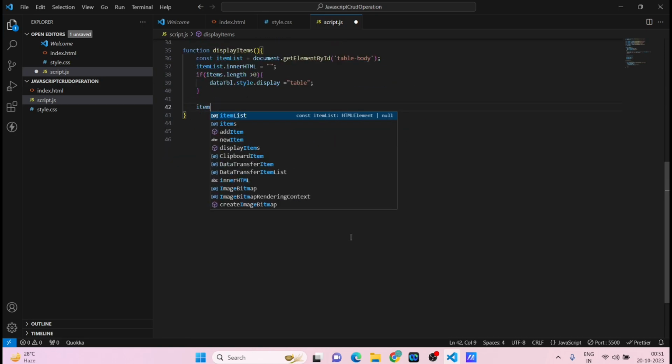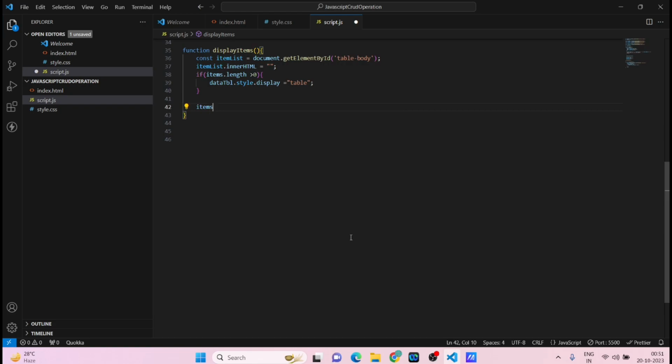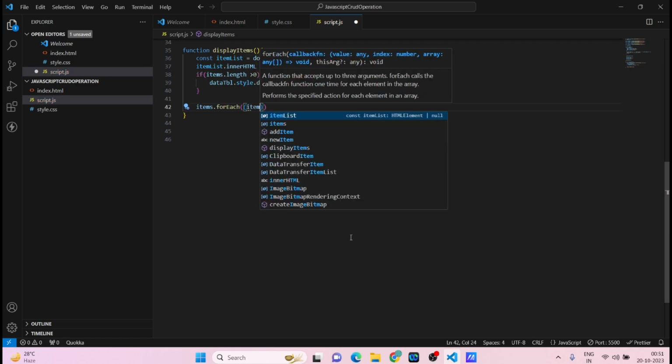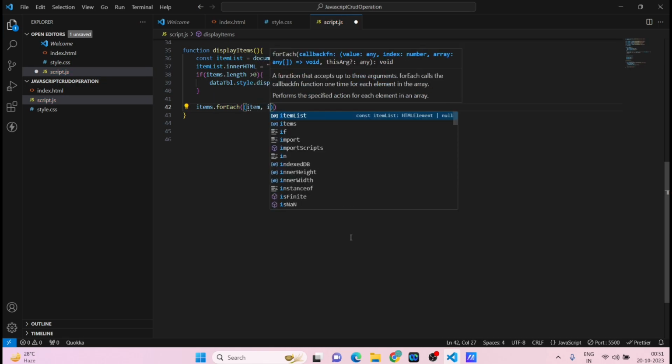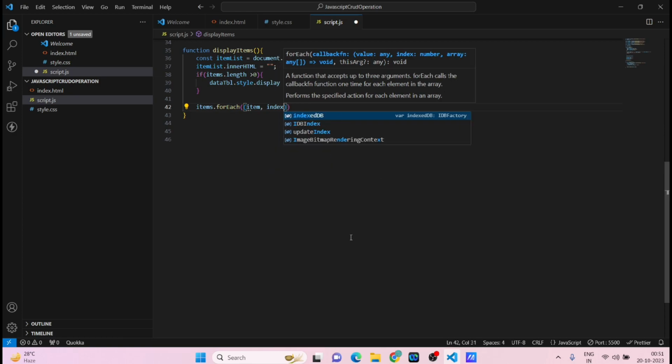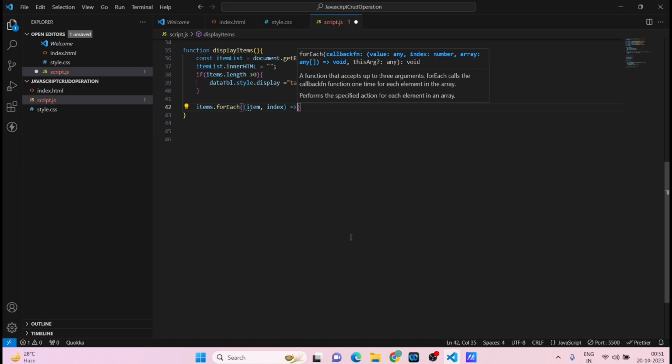After this, we have to loop through our array. So items.forEach, round bracket and round bracket again. This will be item, comma, index, come outside this thing,